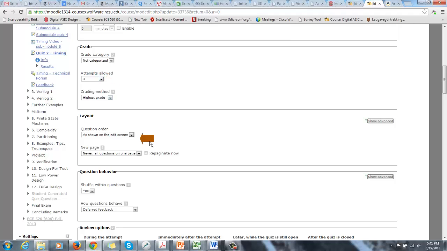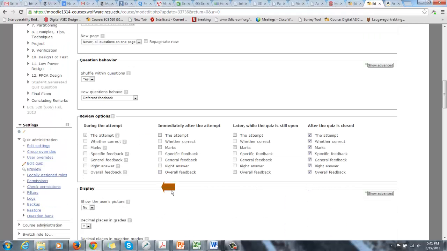Again, I allowed 3 attempts, but the use of them was a little bit different. Here, I did not give any feedback on the intermediate attempts. They only got feedback, including the correct answer, after the quiz closed. Again, the idea is it's more like a test, an asynchronous test. They can take it any time. They can change their answer up to 2 times, but they don't know whether their answer is correct or not, and why it's not correct or not, until the quiz closes